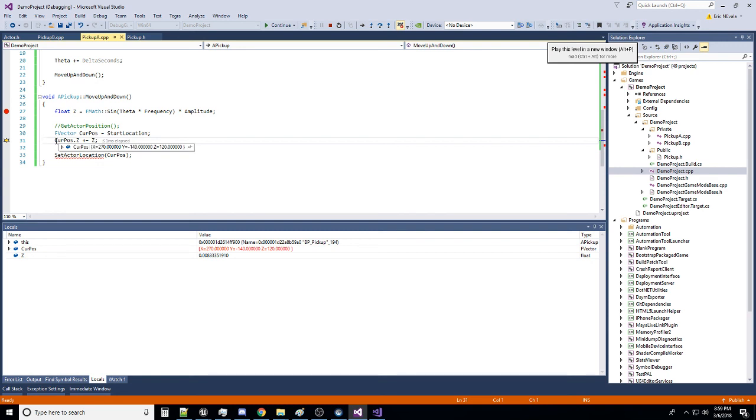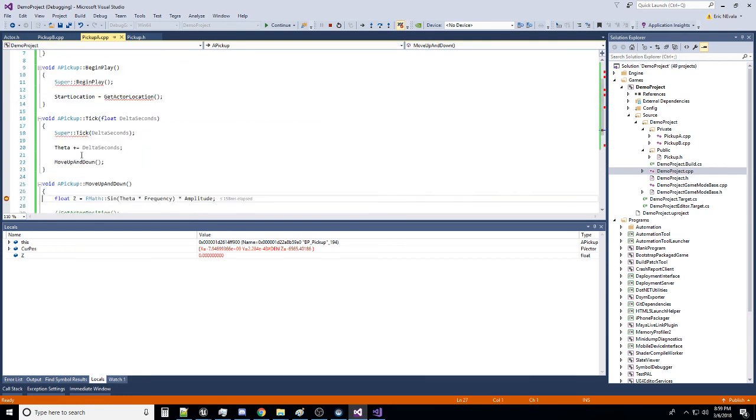And now we're going to modify the z value of 120 by adding our evaluated z value. And now if you look at the current position, it's going to have the 120.008 added to it. And then we're just going to set the actor location. Now I can also hit continue, and if I do that, then we're going to go and hit this function again, and this is now in the next frame, right? So that means that we went through this tick function once,